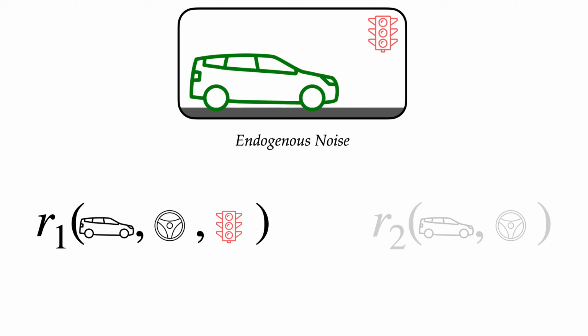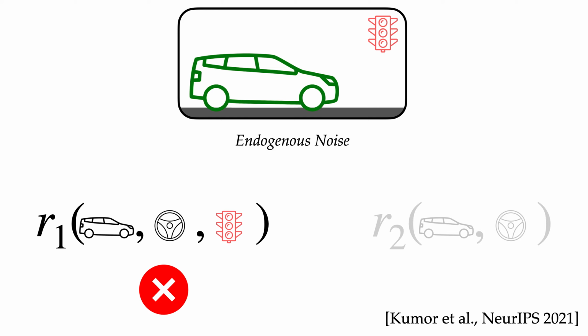Under a reward function in the first form, it would be pretty easy to differentiate the learner from the expert. We could penalize the learner harshly for running a red light they don't know about, or for holding up traffic when the unobserved light is green. We prove a stronger version of this point in our paper, that there can be problems for which no Markovian policy is value equivalent to the expert. We note that this is equivalent to a result in a recent paper by Kumor et al. The takeaway is that in this setting, effective imitation can be impossible.